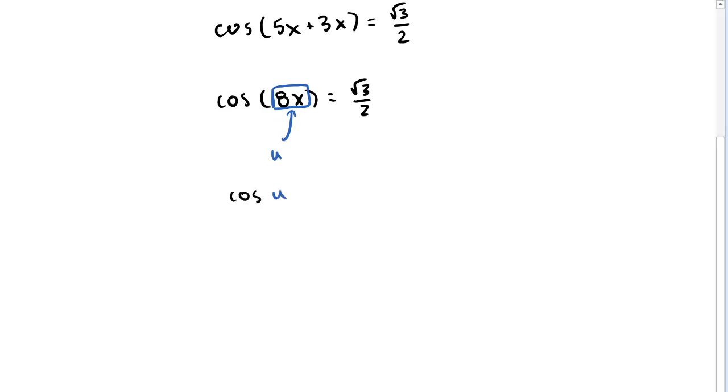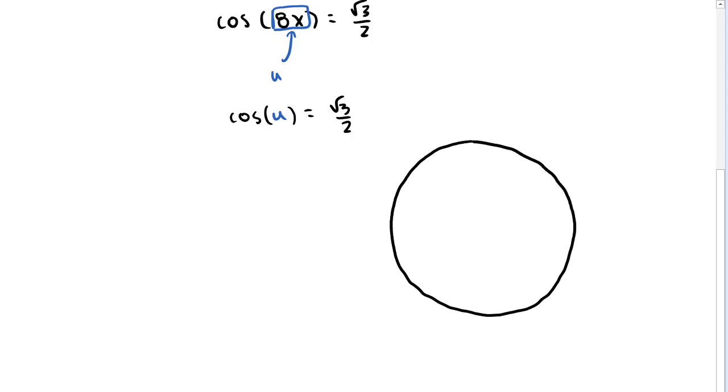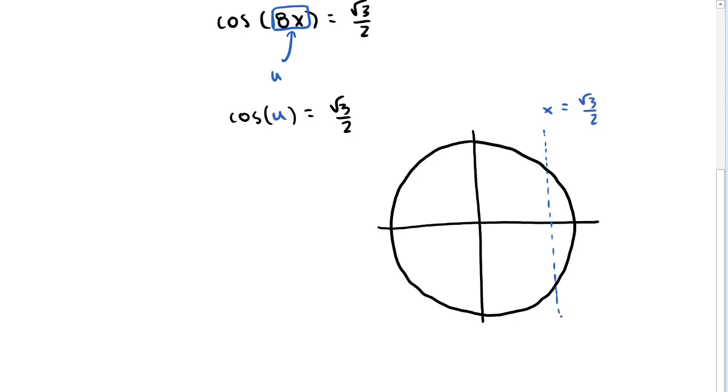Cosine of u is equal to the square root of 3 over 2, just knowing that u is there to represent 8x. And so here, if I look at my unit circle, right, cosine of some angle giving us the square root of 3 over 2, well, that's saying we're looking for the x values on our unit circle, or sorry, the angles on our unit circle, which give us an x value of the square root of 3 over 2. So we're looking for angles that bring us here